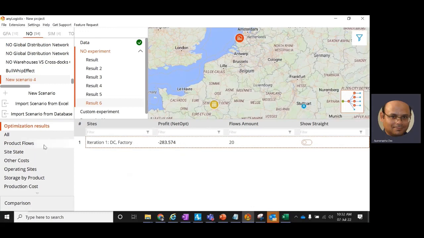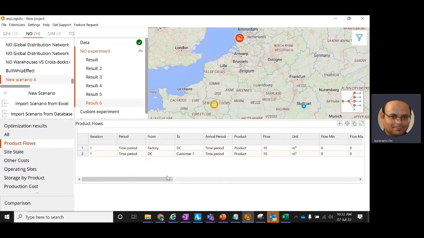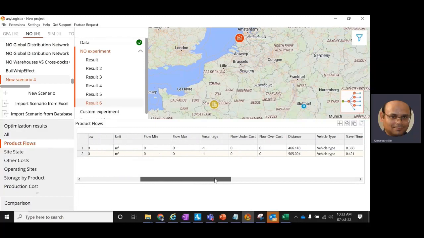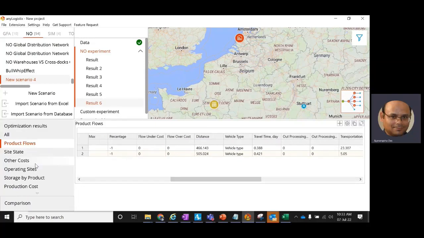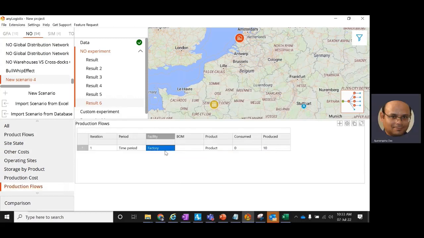So we see that there is a flow from the factories to the DCs and DCs to the customers, and then we will see how the production has happened. In the factory, since the demand was 10, the manufactured amount was 10. Now we will see how to add a